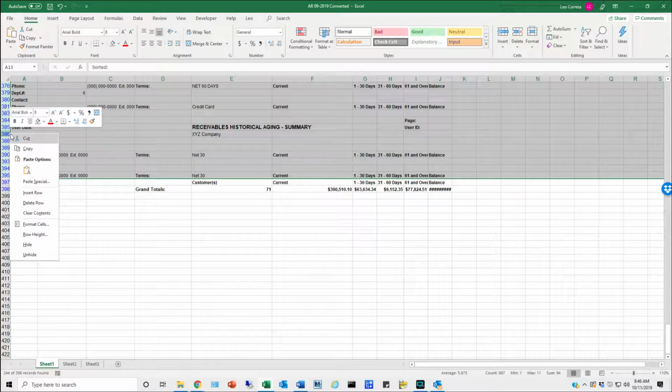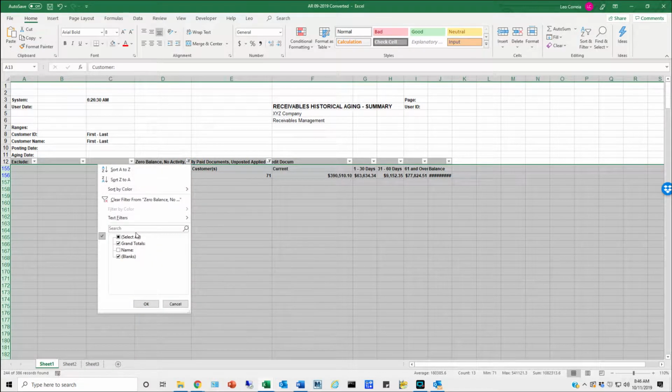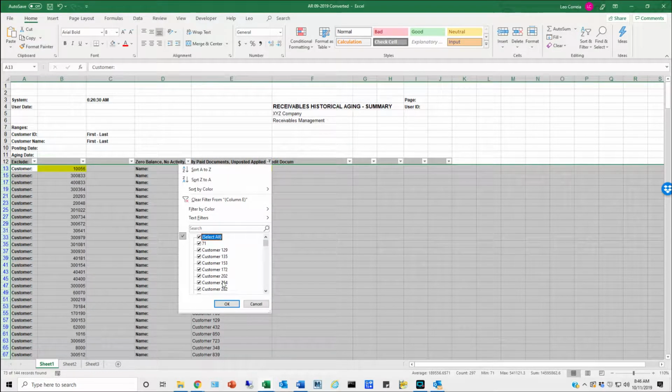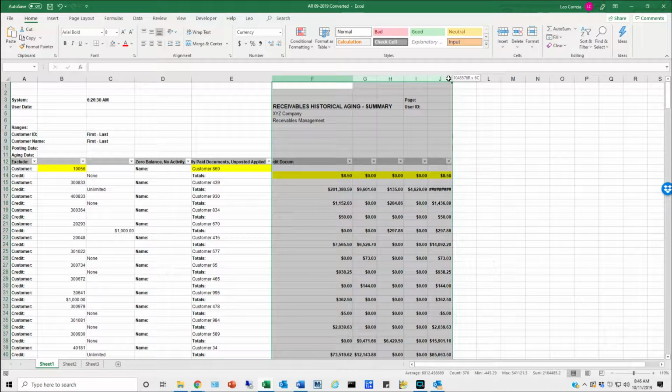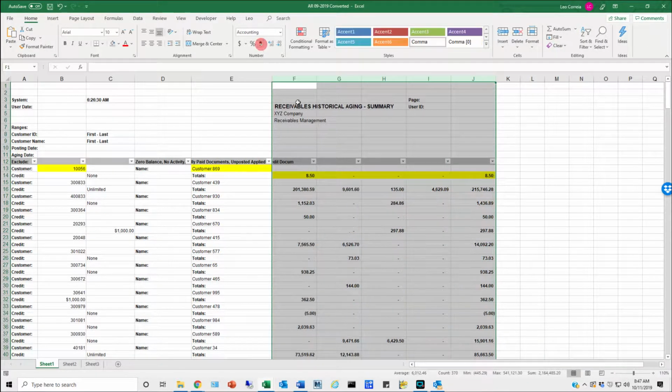Now it won't delete the lines in between, it will only delete the visible lines. So I'm going to delete these rows, and as I turn back on the filters to show all available data, now I have my customer number, customer name, and data very close together. I'll readjust the size of these columns so everything is more easily visible, and turn on filtering the format of